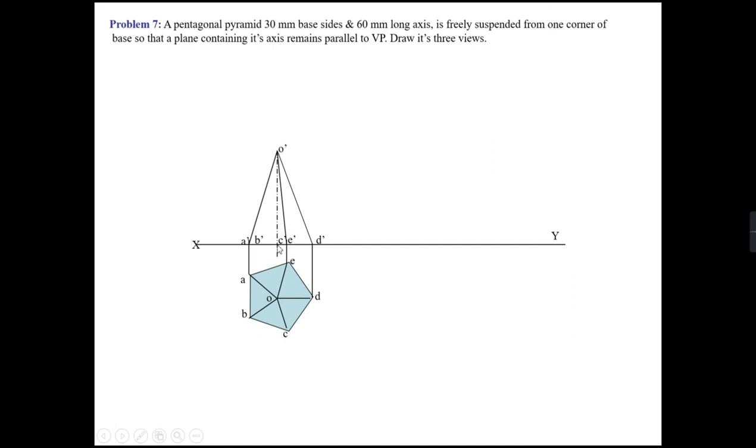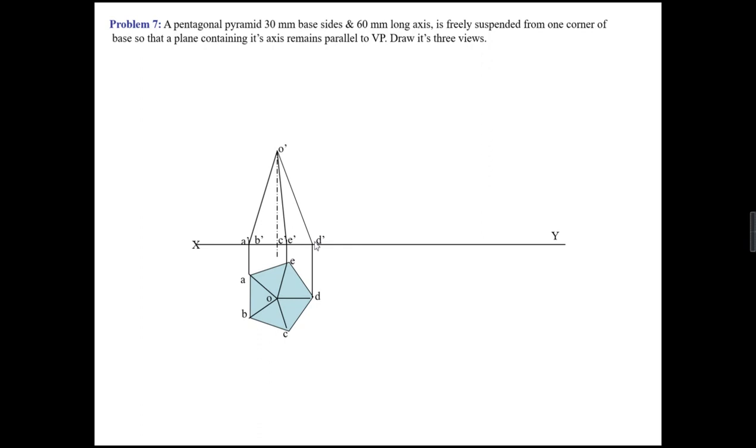If you see in the front view, this point is indicating the points A and B, meaning this is representing an edge. This point is also representing two points, C and E, right? But if you see it at this point, it is representing a corner point D. Okay, so I will